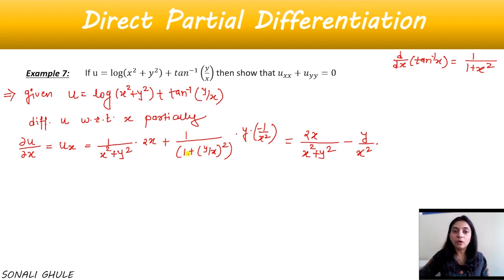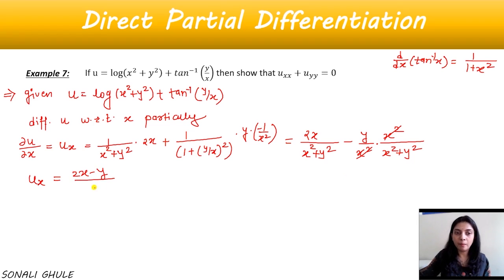And if I do the cross multiplication, I'll get x square upon x square plus y square. And now here this x square will get cancelled. So what is the remaining term? Yes, definitely you will get your value for ux is equal to 2x minus y upon x square plus y